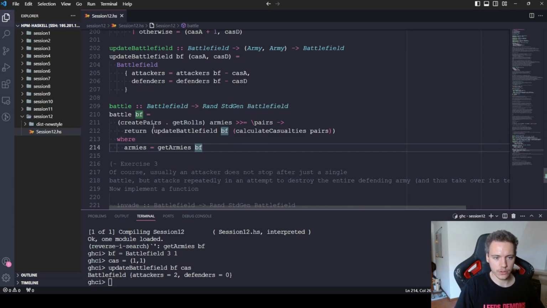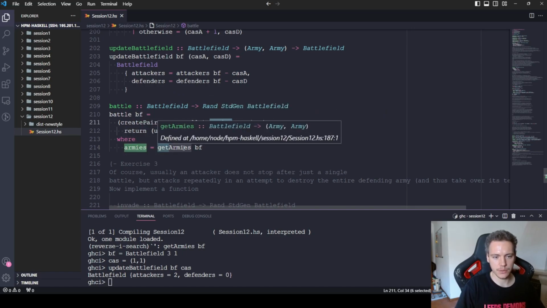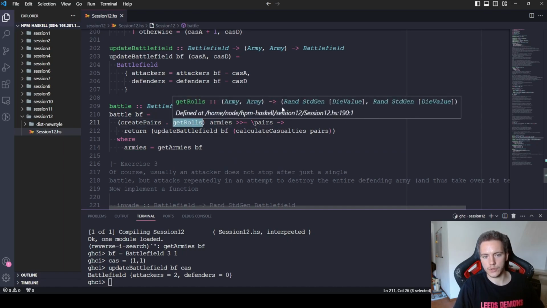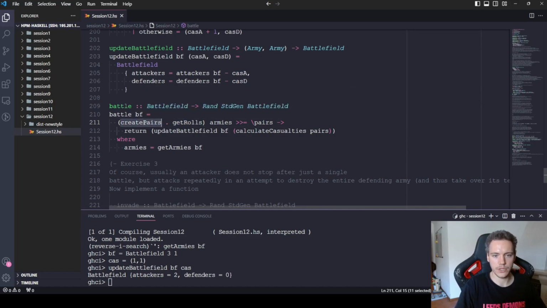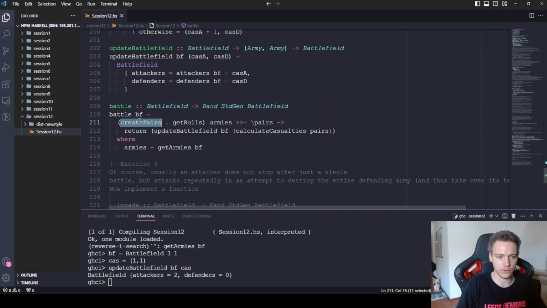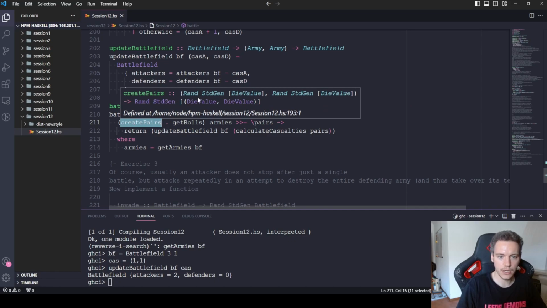I guess we can go through it one more time, just to try to make it more clear. So first we get the armies. The first step is just to calculate how many defenders and attackers are involved in this battle. Okay, then once we know that, apply get roles to the armies, which will give us a monadic value, a tuple of monadic values, the list of die values for the attacker and the defender. From there on, we compose the result of that with the create pairs function, which takes exactly the result of the get roles